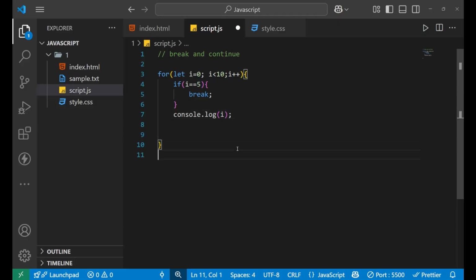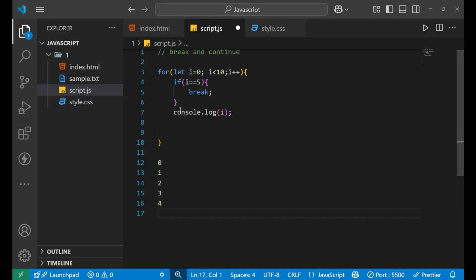As per the logic, i will start from 0. It will keep running and checking whether i is equal to 5 or not. If not, then it will continue printing the index value, that is i. So 2, 3, 4. Now it's the time for 5. When it checks that i equals 5, it will break.